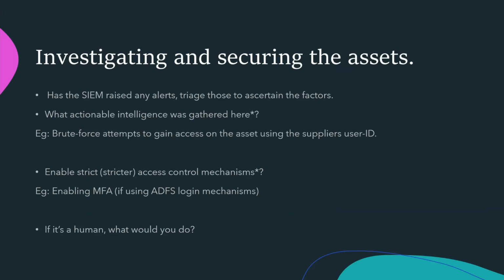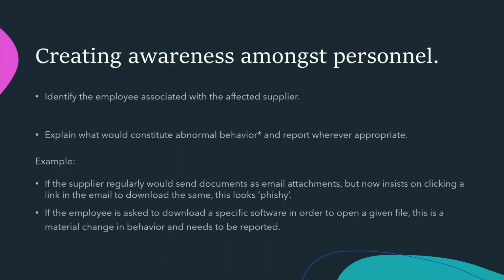So that's one. The second is, if you have identified it, then you go and try to scale up your defenses as the playbook, which you mentioned before. You try to have multi-factor authentication enabled because you know that the password has been stolen. You can change that, but I'd suggest you also go for a high level of protection, in this case, multi-factor authentication. If it is a personnel, then again, as you mentioned correctly, Philip, you identify the employee associated with that,